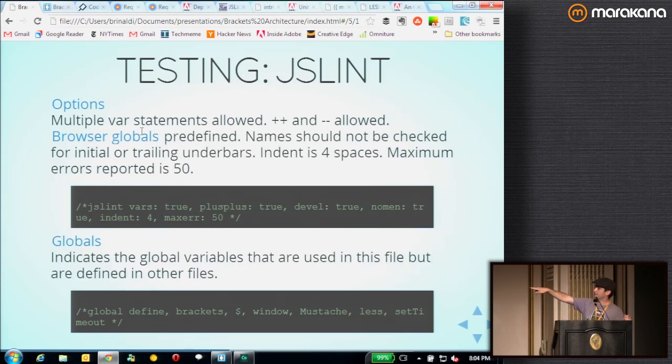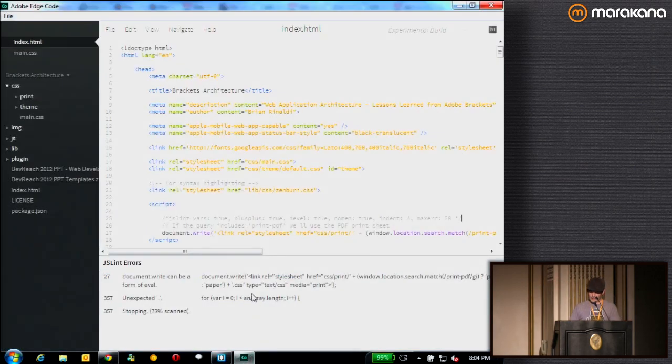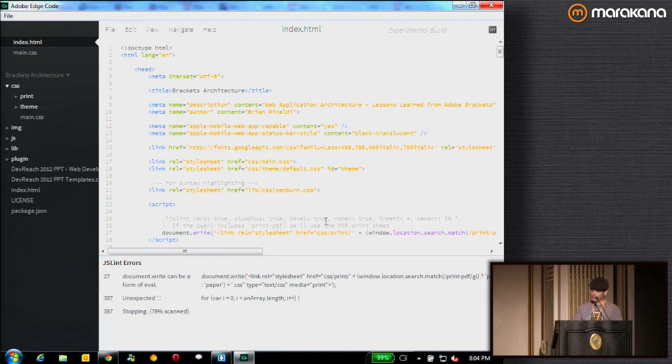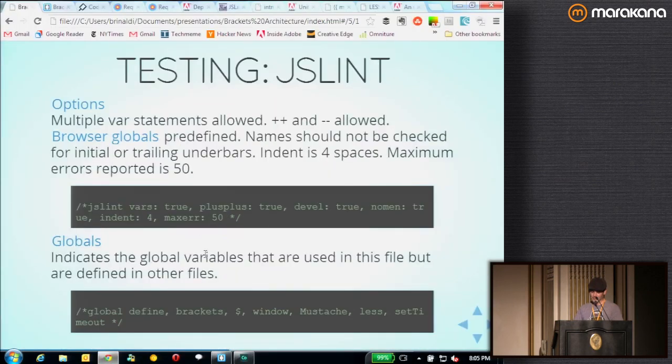Then secondly, it says you're allowed to use plus plus and minus minus. The devel true option is basically saying things like browser globals are defined. As you can see from my example here, when I took out the configuration, it gives me a bunch more errors, because it's saying things like document was used before it was defined. When I add in that devel true piece, it takes those errors away because it assumes that things like document are defined. And then it's saying, okay,